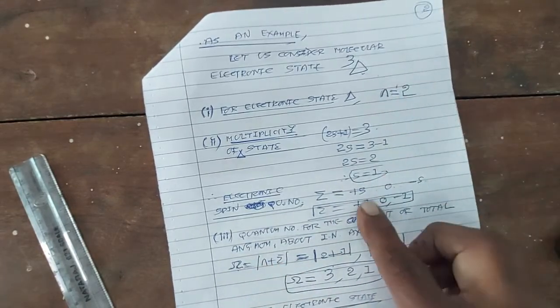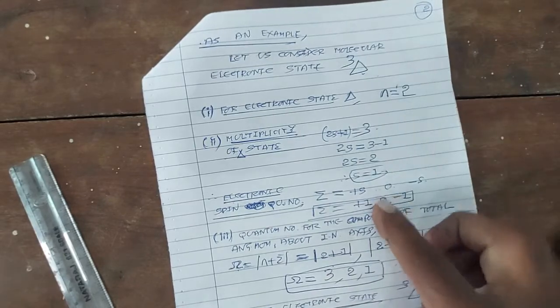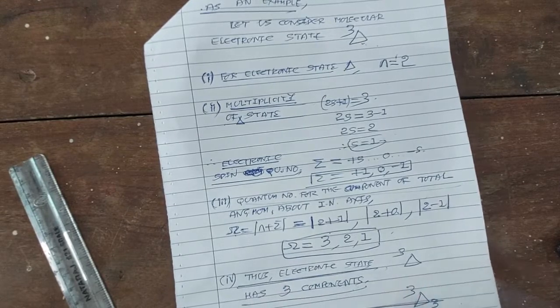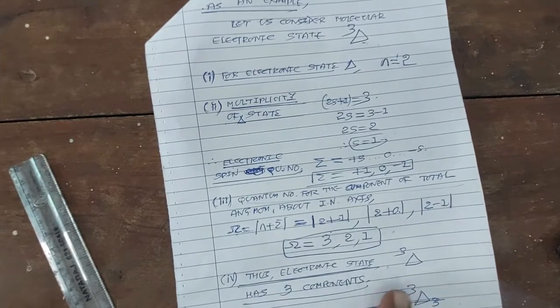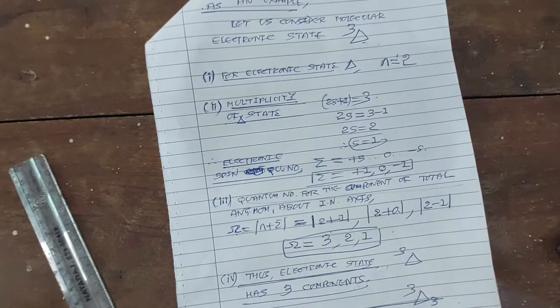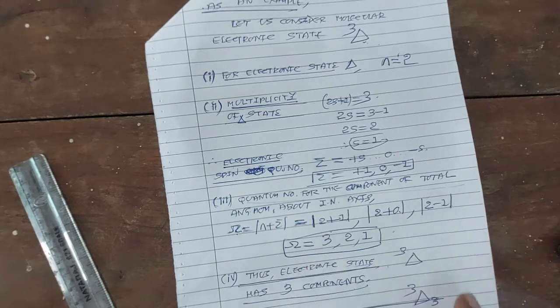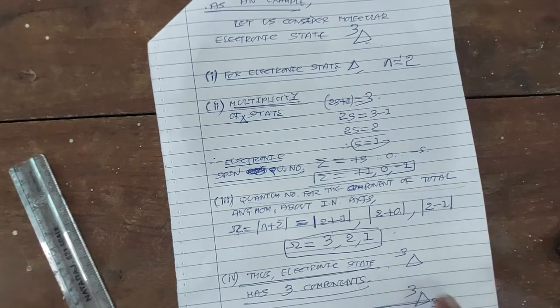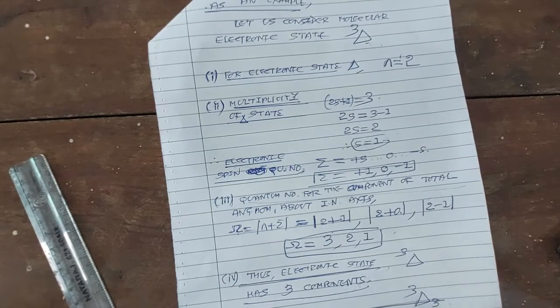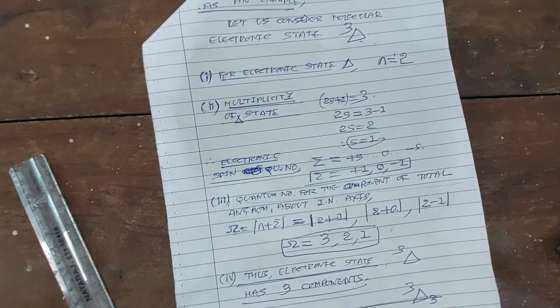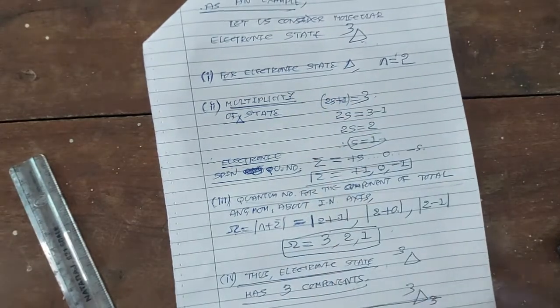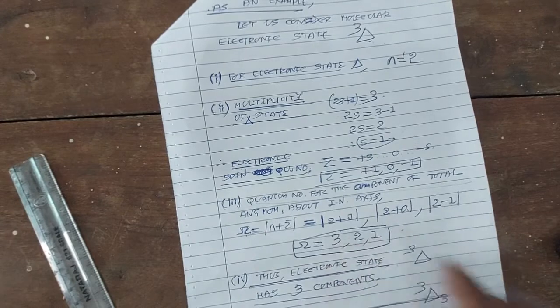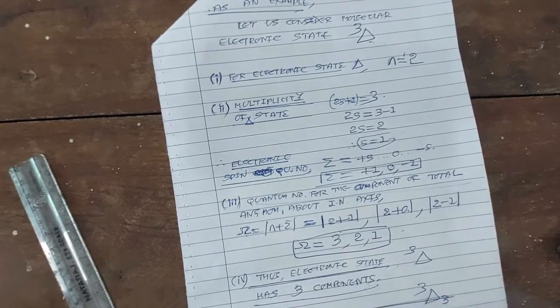So the total quantum number for the total angular momentum about the nuclear axis, omega, has 3 values, lambda plus sigma: 2 plus 1, that is 3; 2 plus 0, that is 2; 2 minus 1 is 1. So the electronic state delta is split into 3 different components. The multiplicity 3 is written as the left hand superscript, and the 3 values of omega are written as the right hand subscript. So the first component is delta 3 3, the second is delta 3 2, the third is delta 3 1. The left hand 3 denotes the multiplicity 2s plus 1, that is 3, and the right hand subscript 3, 2, 1 gives the value of the total quantum number.